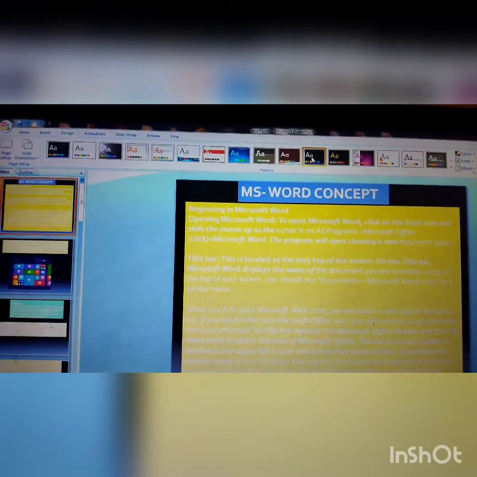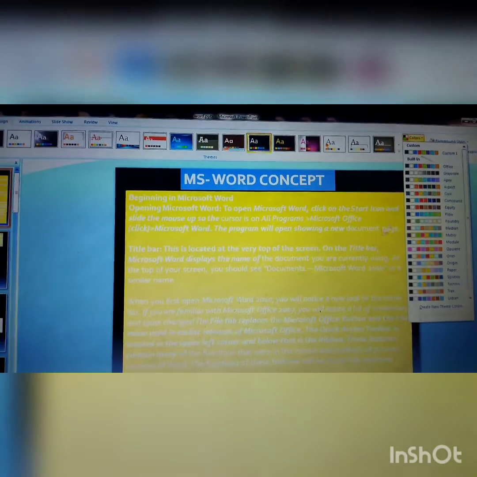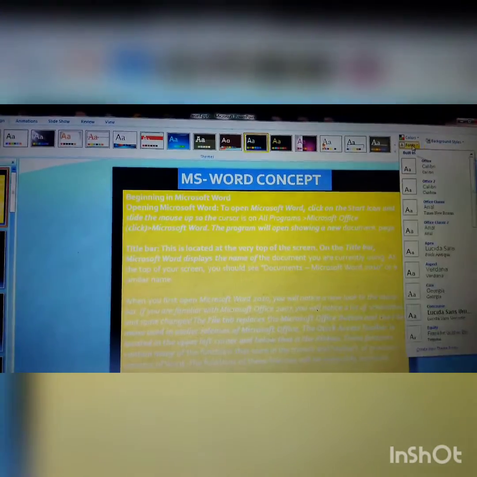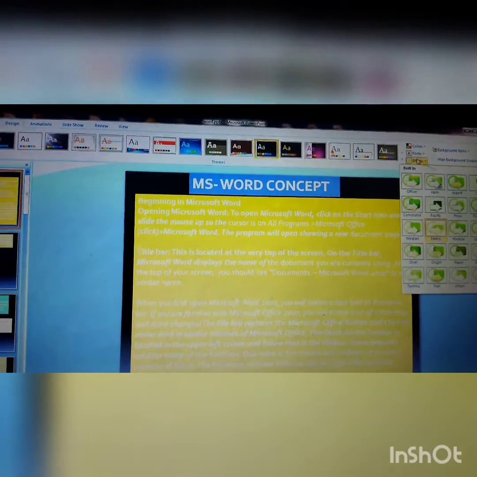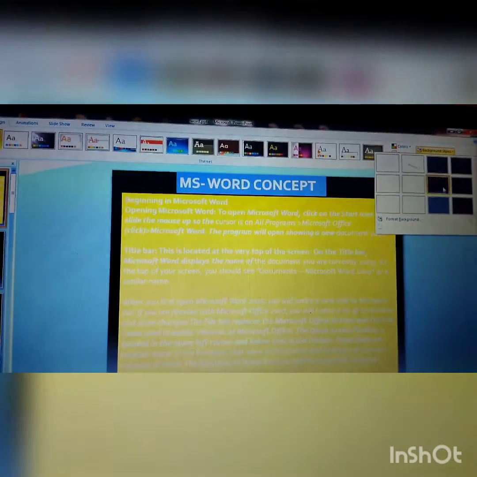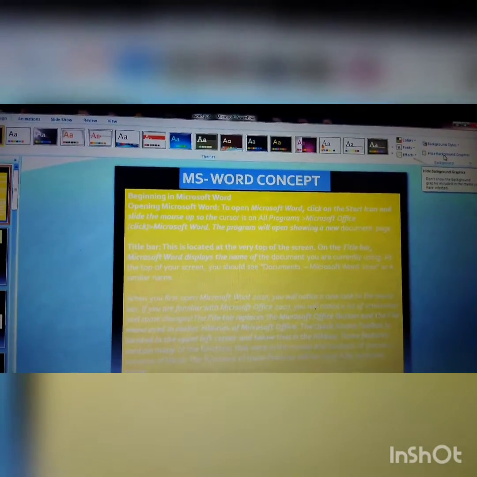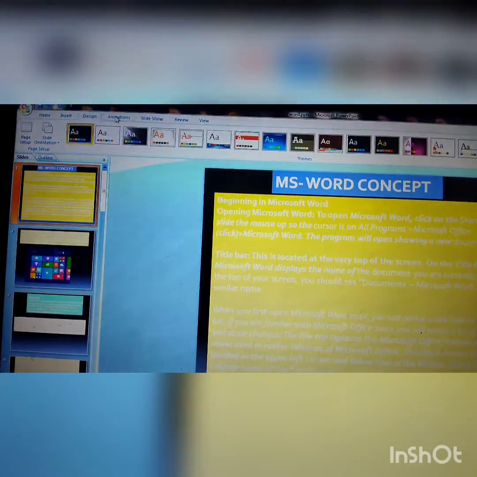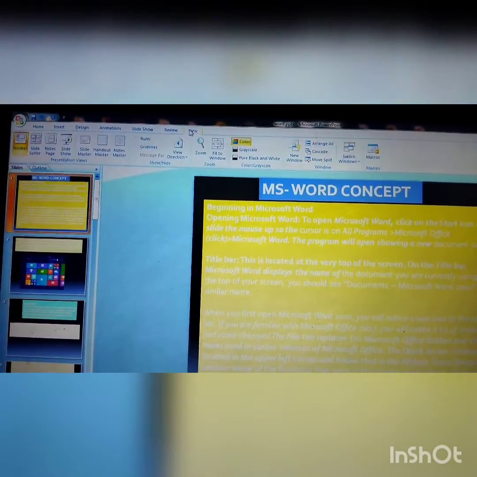Next are colors, different types of colors available in PowerPoint. Fonts are available. Then effects, different types of effects are available in a PowerPoint presentation. After that, the background styles options, where you can choose different types of background style and hide background graphics. Then the next parts are animation, slideshow, review, then the view part.